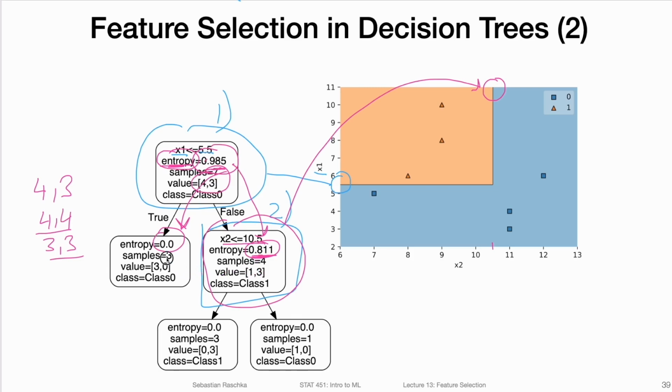That means we have class labels all of one kind here. And if we then split on feature 2, we can see we achieve this very low entropy of 0 here. So that would be the ideal case. I'm just emphasizing the entropy here because we will be reusing that when we talk about random forest feature importance.